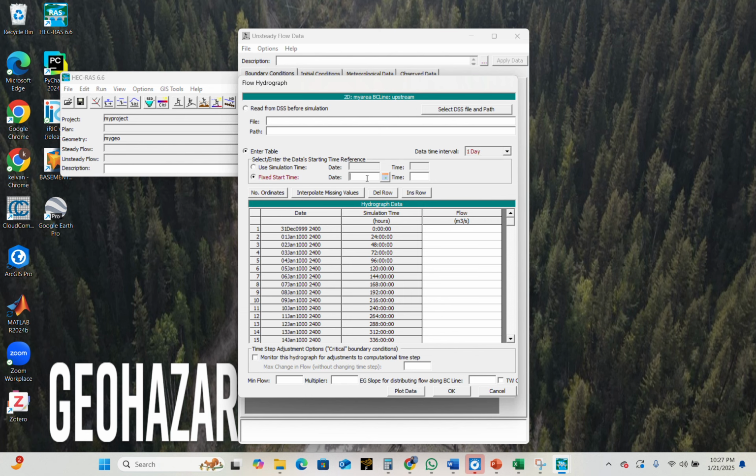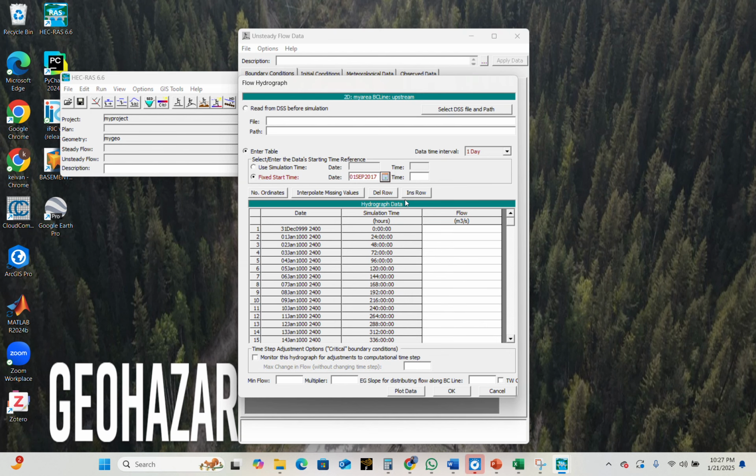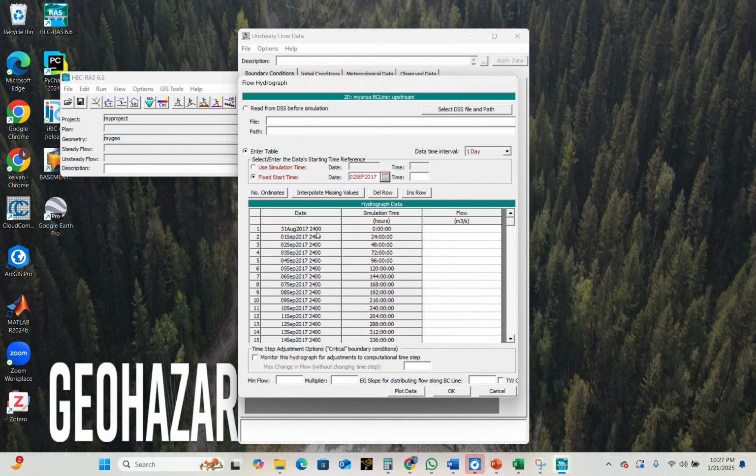So if I want to simulate a specific event, I have data related to the flood which happened in September 2017 in Puerto Rico. So I choose this date. I will choose 2017 and then September 1st. So I will click on OK, and then the time will be changed based on this, and OK, and you can see here we will add our data